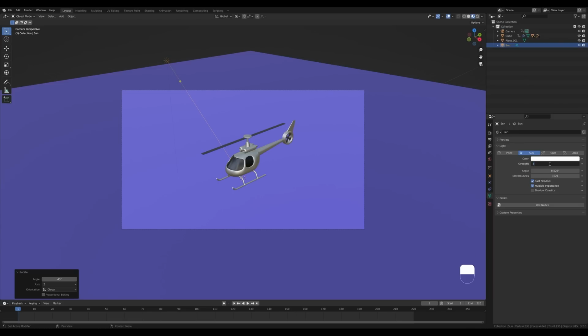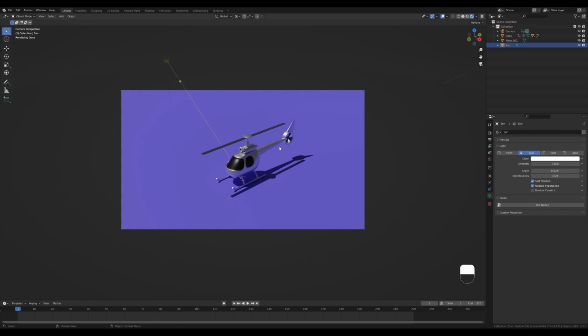And let's increase to something like 3. And I will press Ctrl B and select the camera bounds. So we are rendering only here, and let's enable a render preview. So this is what we have in place right now. It's a little bit dull.